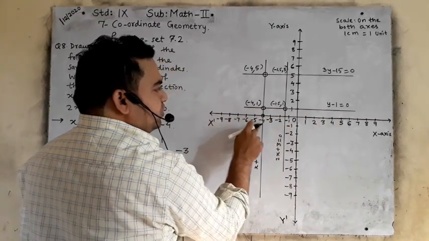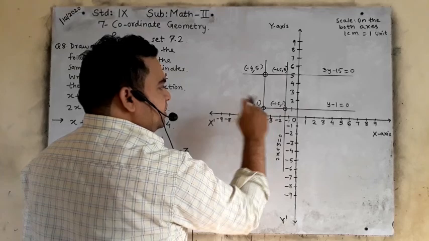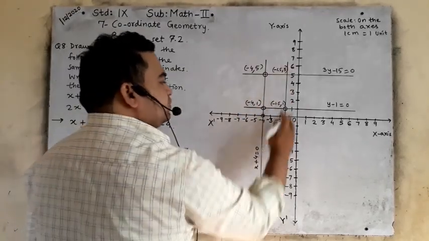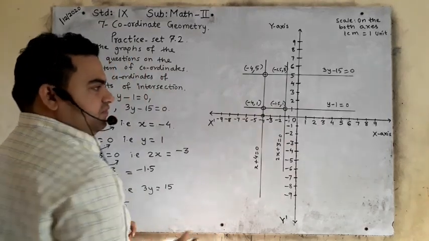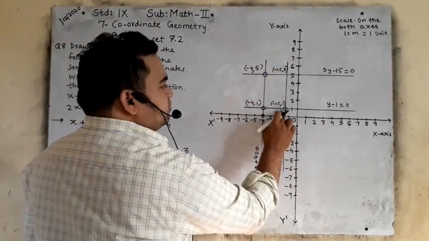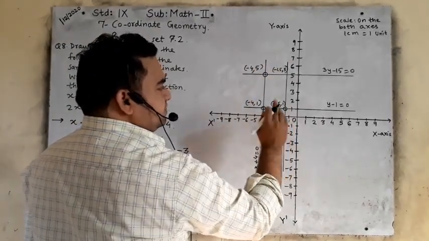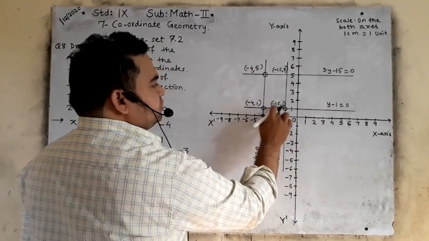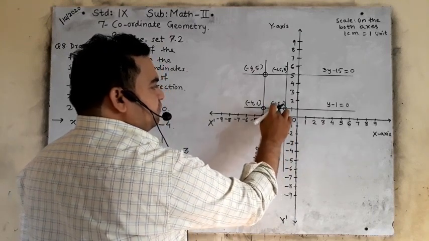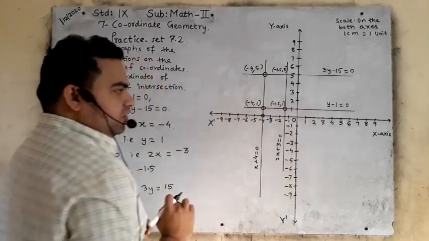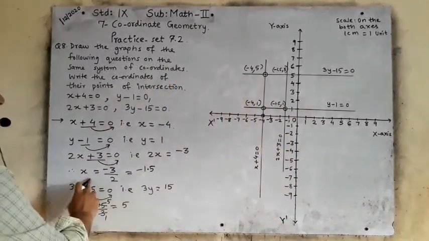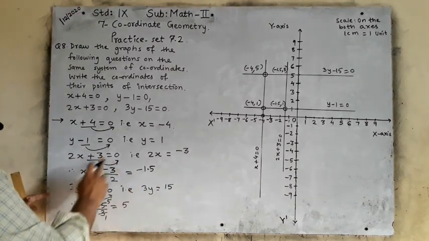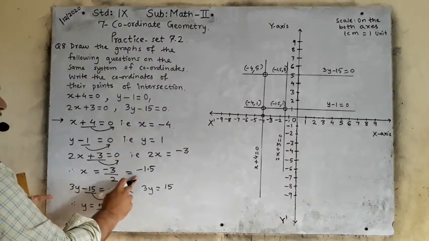So x coordinate is -4 and y coordinate is 1, right? Now we will draw this 1.5. So between -1 and -2, -1.5. You will draw this line. So this line also intersected these two lines. Yes. See here. So it is -1.5 on x and 1 on y. Okay. Now we will draw the third one. The third one is y is equals to 1. Second one, third one, this one we have drawn.